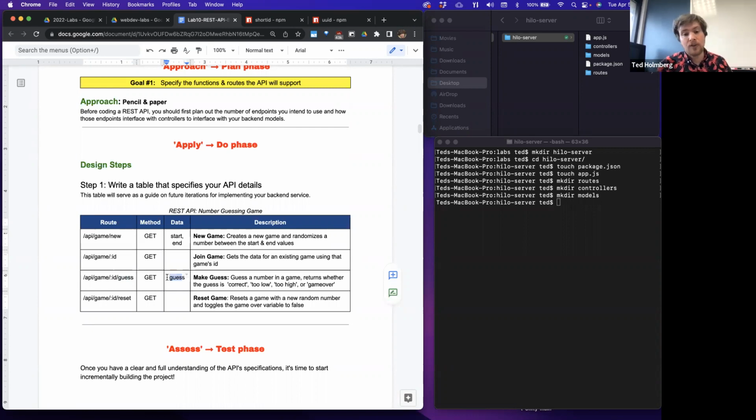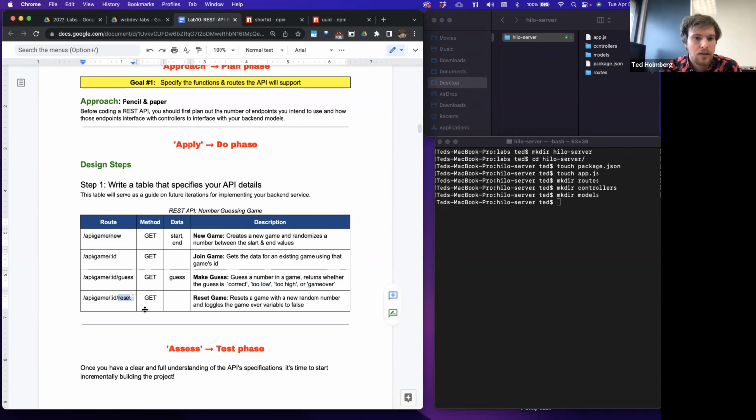And of course, the behavior that would be tethered to this API, to this endpoint, would be, on the server side, we will guess a number in that game instance that's tethered to that ID, and then return whether the guess is either correct, too low, too high, or if someone already got it and we're currently in a game over state. And then if we are in a game over state, we'll also have the option for a pre-existing game, so at the URL of that game, to also be able to issue a reset